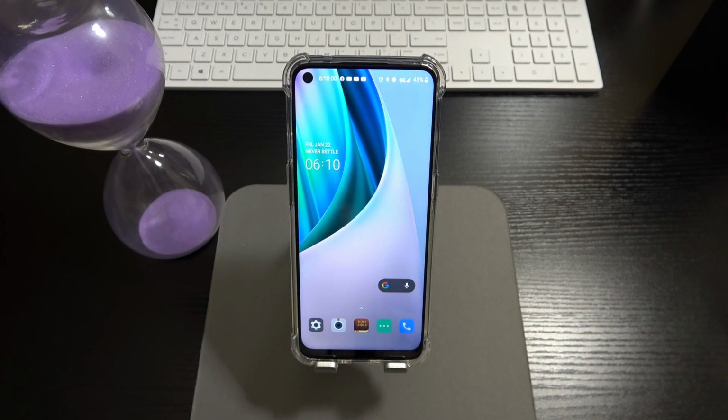But with Oxygen OS, you're going to have a lot of other things to play with, to customize and change, a lot of things you can do with your device that other stock Android devices aren't offering, which is why my two favorite UIs are Oxygen OS and One UI with Samsung. I love what Samsung is doing with their user interface. All right, now, so again,